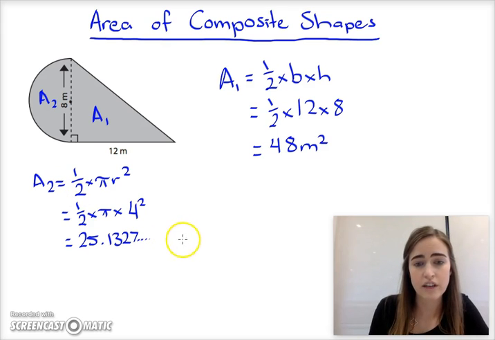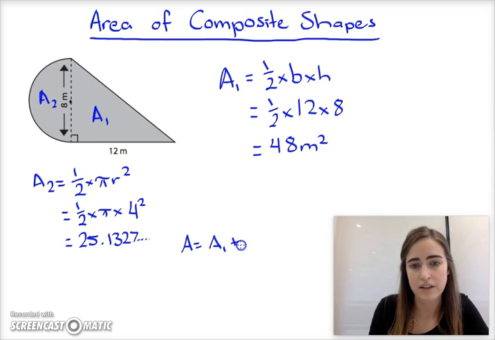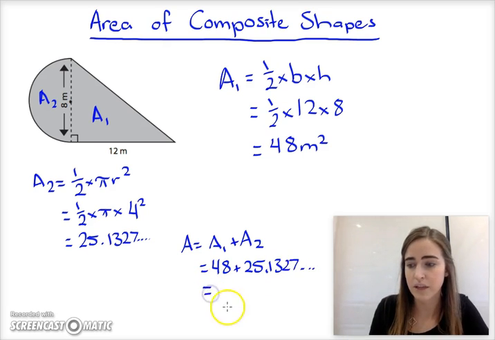So to find our total area then, our area is going to be area 1 plus area 2, which is that 48 plus 25.1327 and so on. And if we round that to 2 decimal places, we end up with